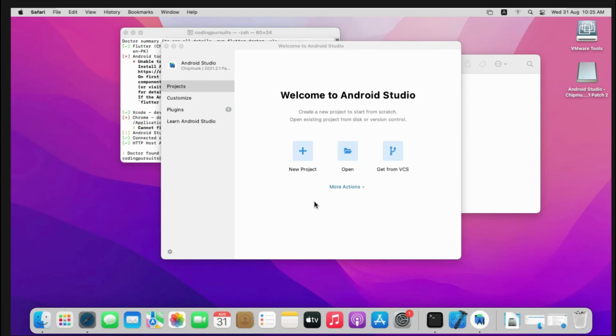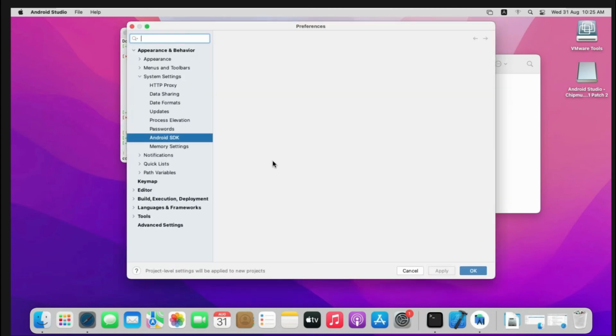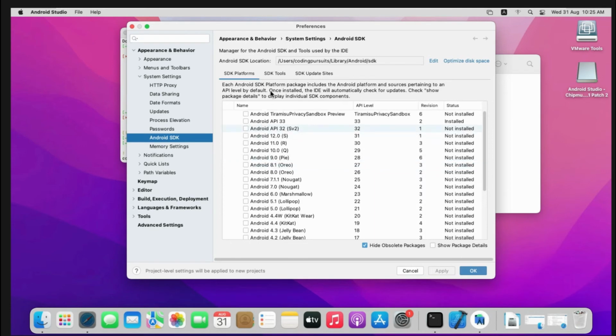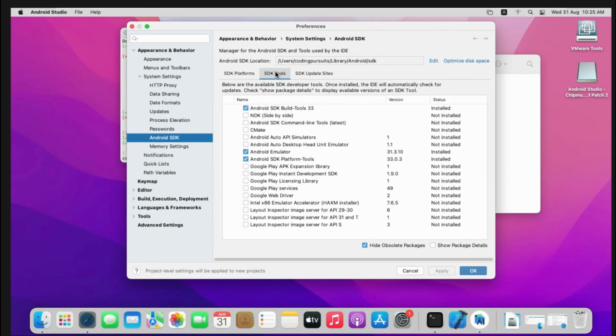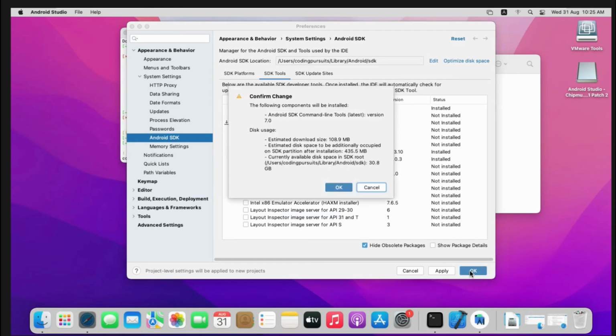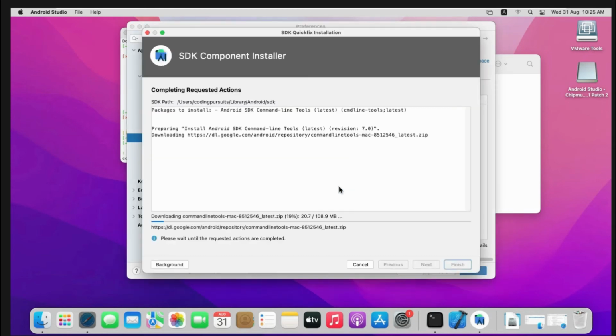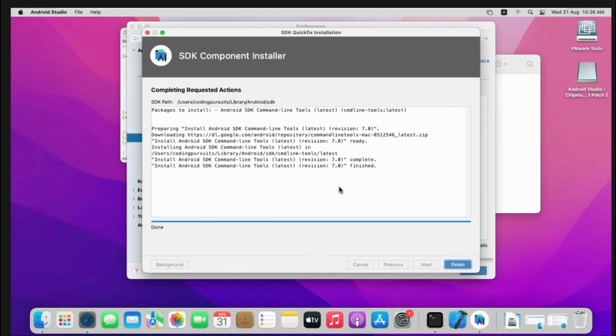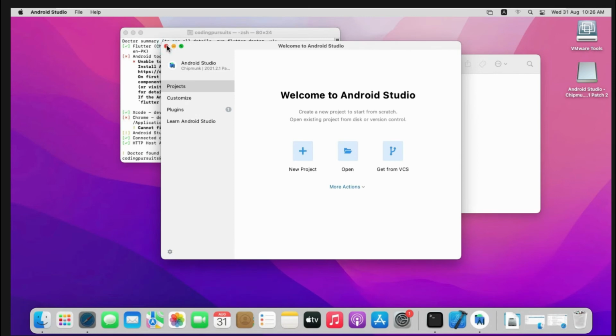So we can see the welcome screen of Android Studio, and from the more action, we are going into the SDK manager. And from here we will go to the SDK tools, and we have to check this box, Android SDK command line tools, and click OK. So let's wait a while until the command line tools installation is completed. So the component installation is completed. Click finish button. Now close the Android Studio